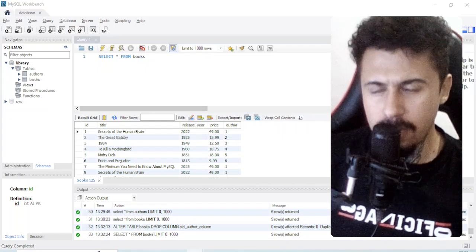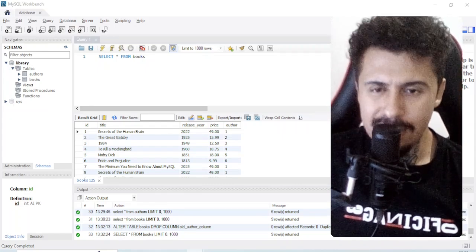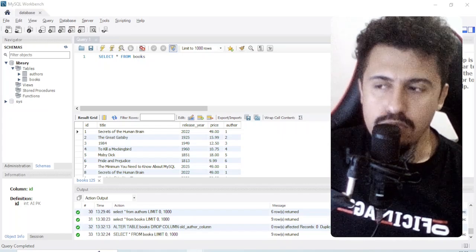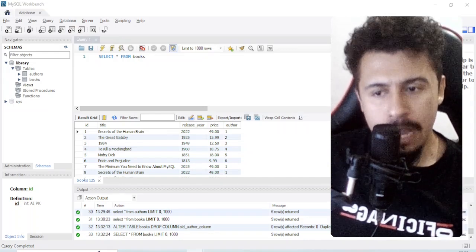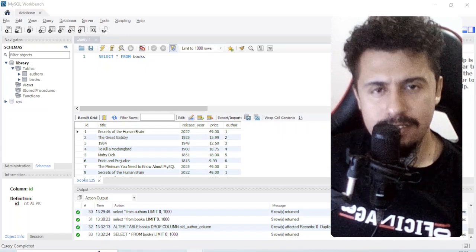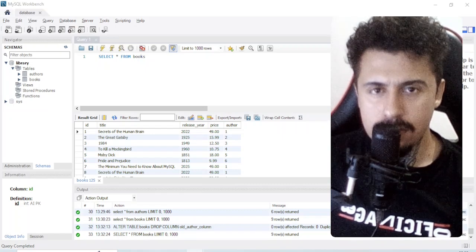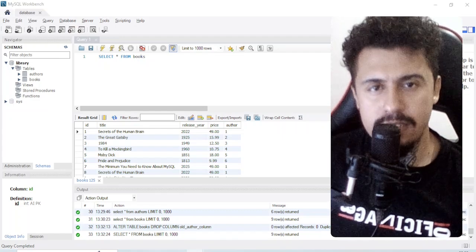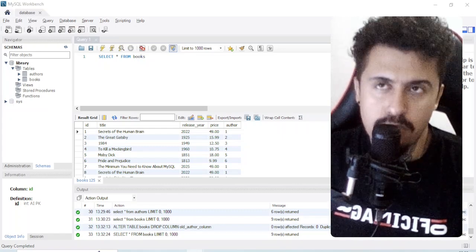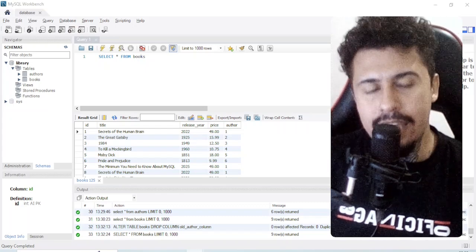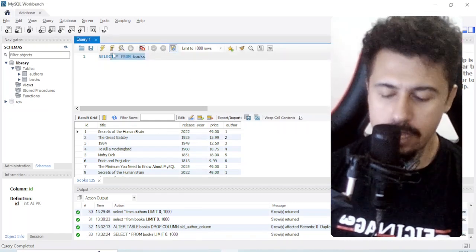Okay, so we already have the tables authors and books. Let's suppose that now I want to bring another entity to this game. I want to store the publishers, right? Because we don't know who the publishers of our books are, the companies that published our books. So as the authors are a separate, individual entity, okay, let's create the table